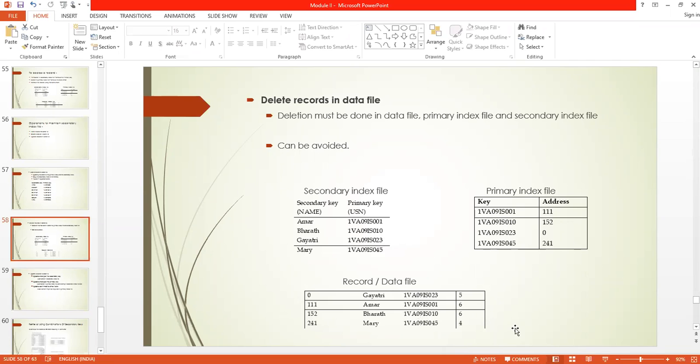Now, if other fields are changed, other than the secondary key and primary key, it depends on what you change and how much you change. Suppose the address field is increased to a lengthier address. So Bharat's record address is changed to a lengthier address. This place will not be enough. So what do I do? I shift the record in the secondary memory. That much place is not enough.